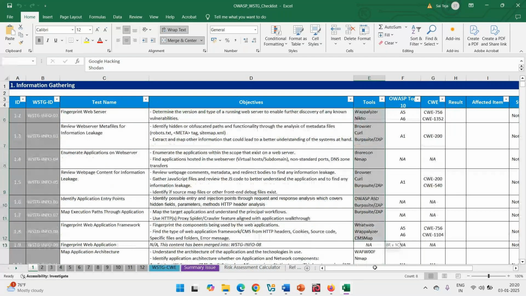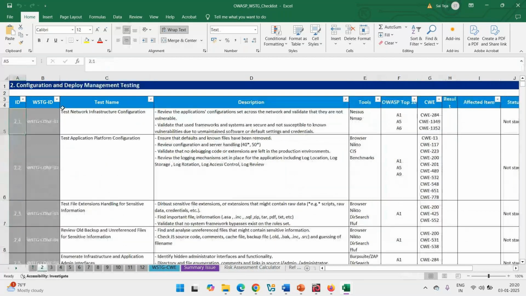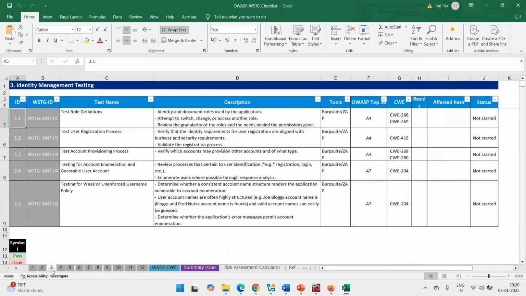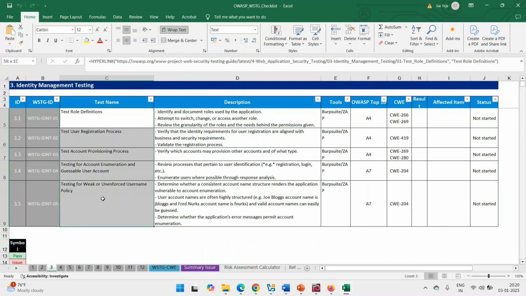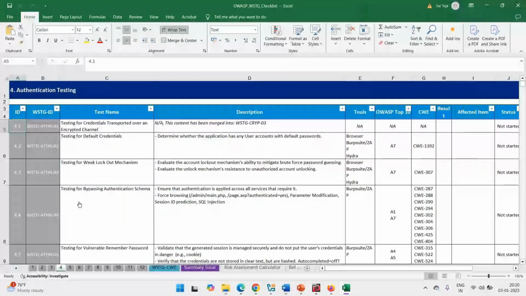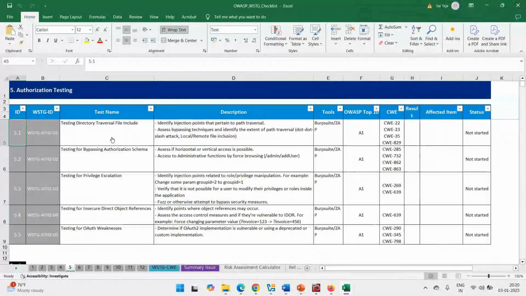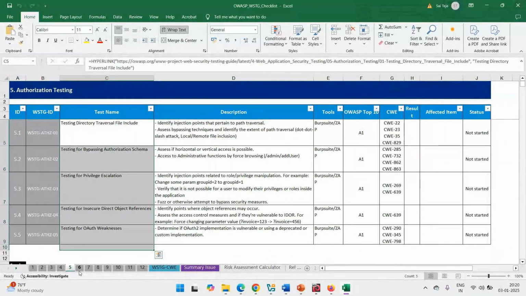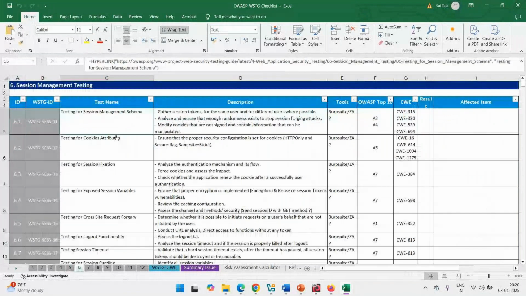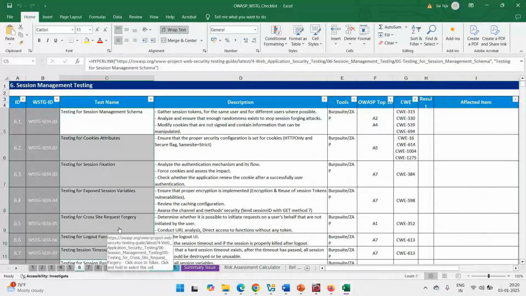Similarly, how do we check the configuration and deployment testing? How to test the identity management issues, how to test the authentication related issues, authorization issues, session management issues. So likewise, we'll be covering all the vulnerabilities in each and every area,